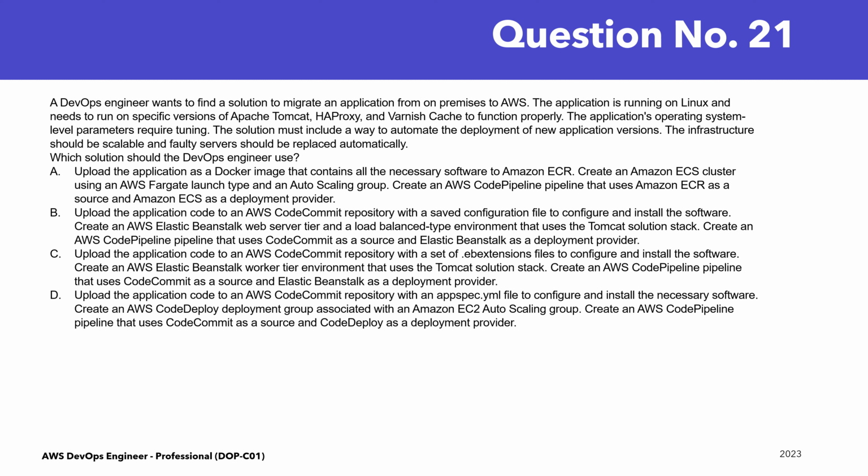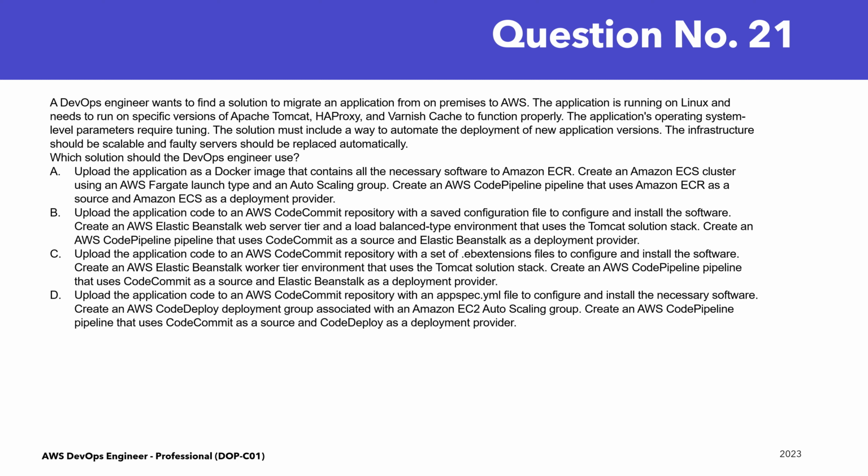B. Upload the application code to an AWS CodeCommit repository with a saved configuration file to configure and install the software. Create an AWS Elastic Beanstalk web server tier and a load balance type environment that uses the Tomcat solution stack. Create an AWS CodePipeline that uses CodeCommit as a source and Elastic Beanstalk as a deployment